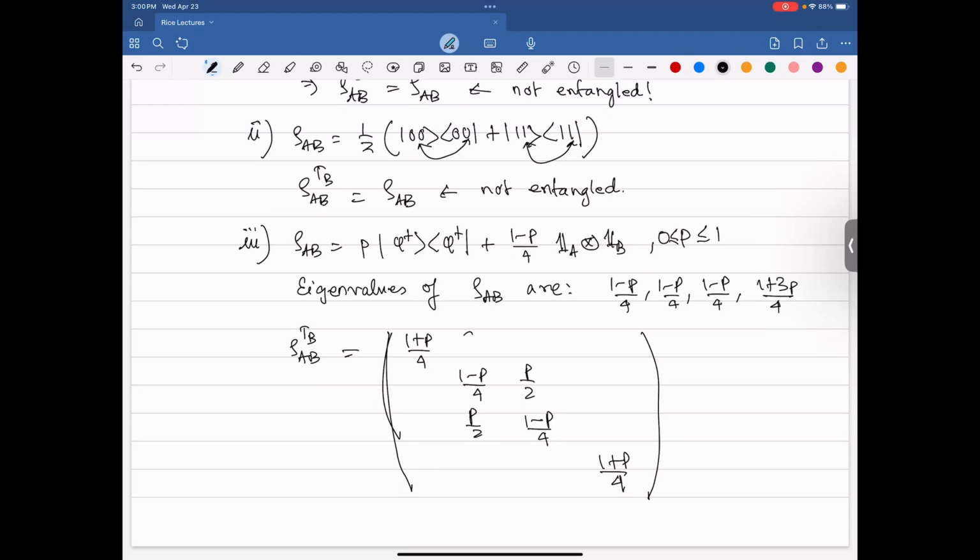This is the 4x4 matrix, and you can compute its eigenvalues. First, you can check that this is not the same as rho AB, anyway, that you can easily check. And you will find that the eigenvalues are now